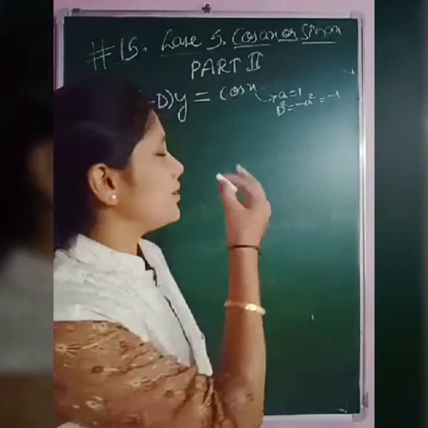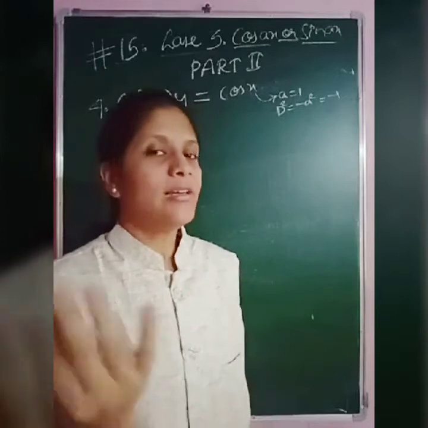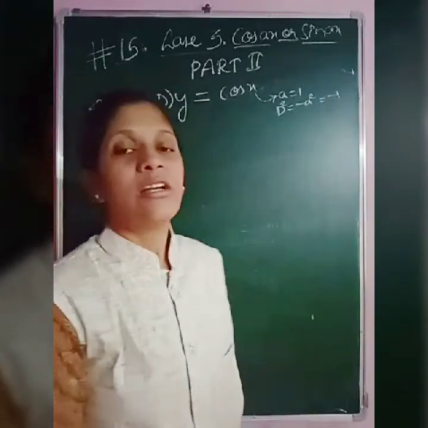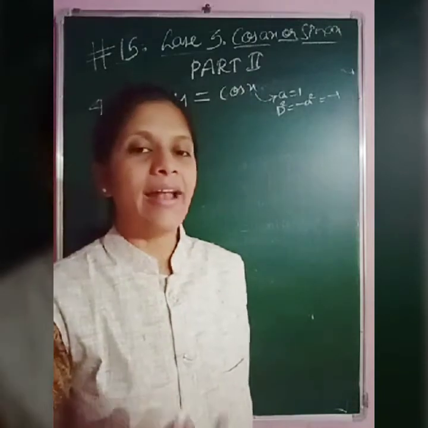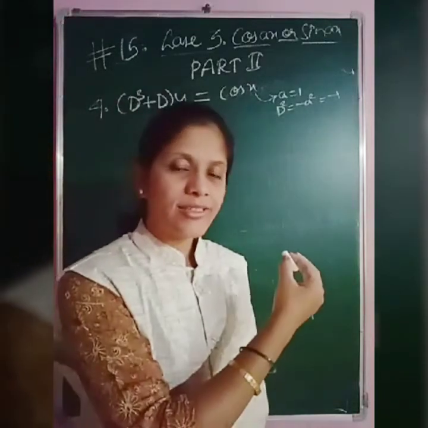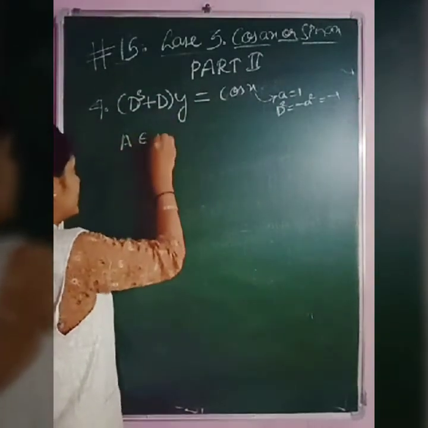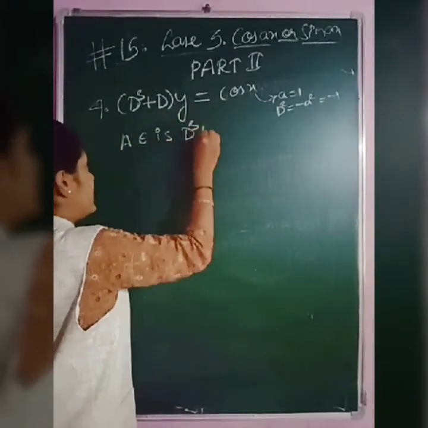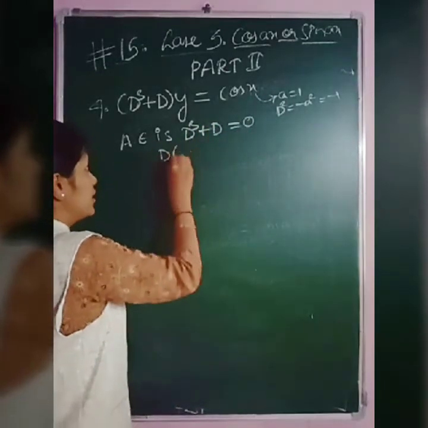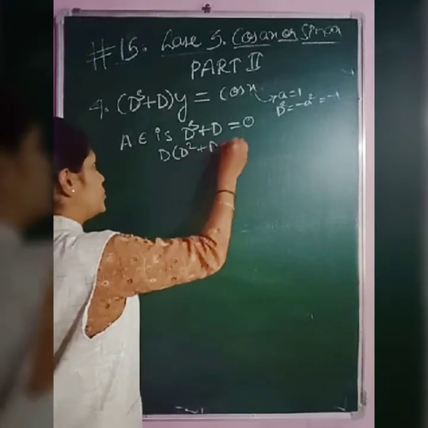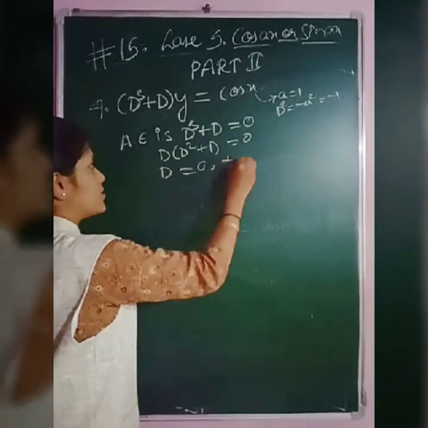As soon as we see this question, it is non-homogeneous. The complete solution is CF plus PI. PI is case 3, cos x form, where D square equal to minus 1, and CF, let us consider the auxiliary equation and let us solve. So the auxiliary equation is D cube plus D equal to 0. Taking D common, D square plus 1 equal to 0. So what does this give? D equal to 0, plus or minus i.